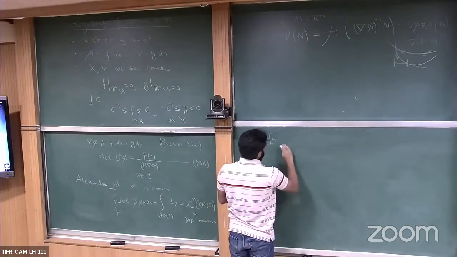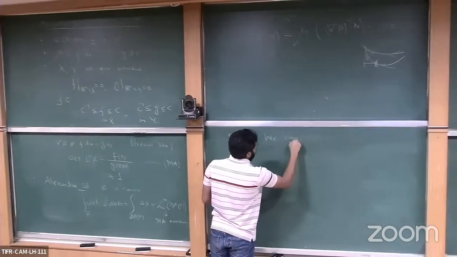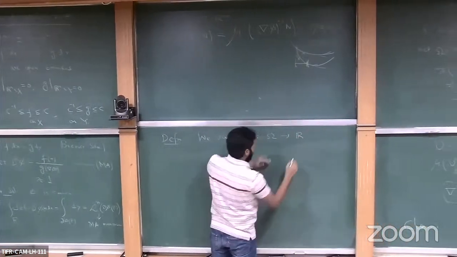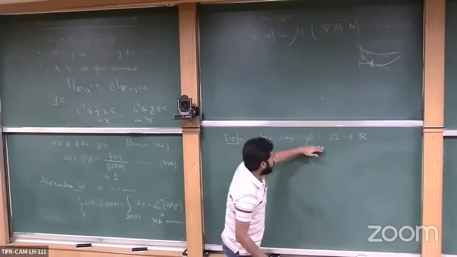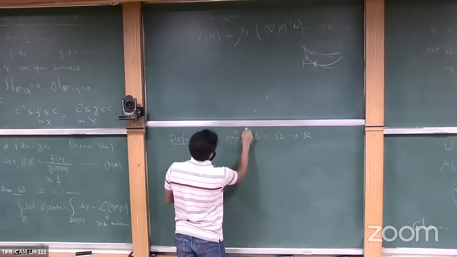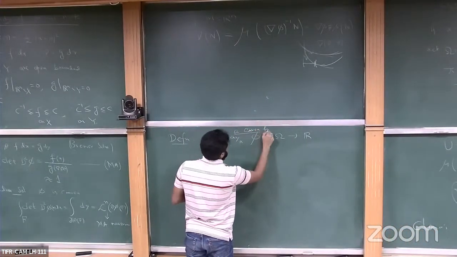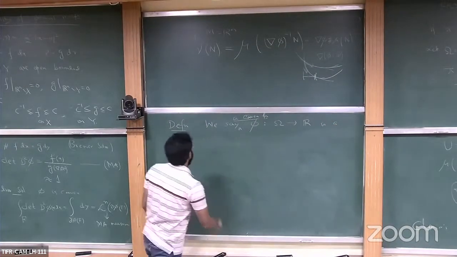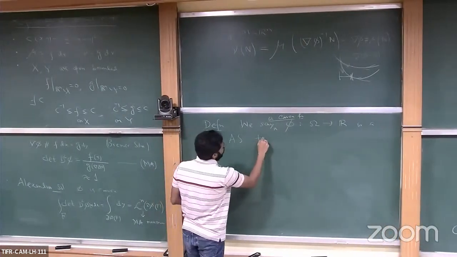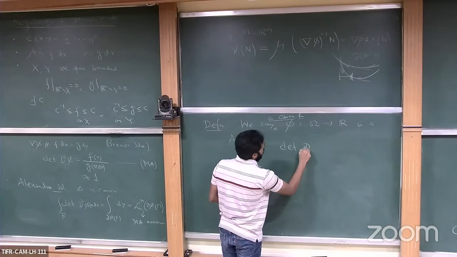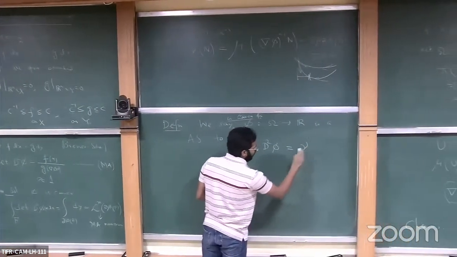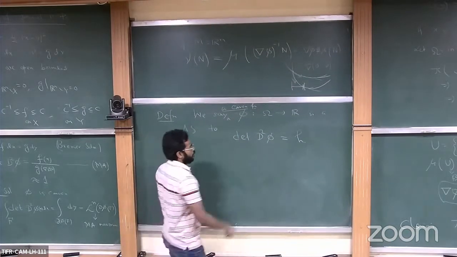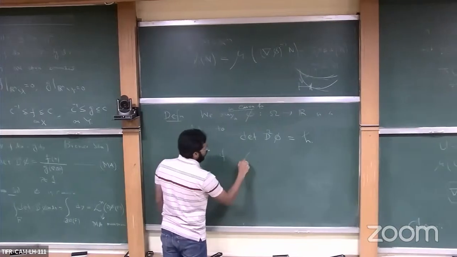We say that a convex function phi from a domain omega to R is an Alexandrov solution to the Monge-Ampere equation determinant D^2 phi equals some h, if the Monge-Ampere measure